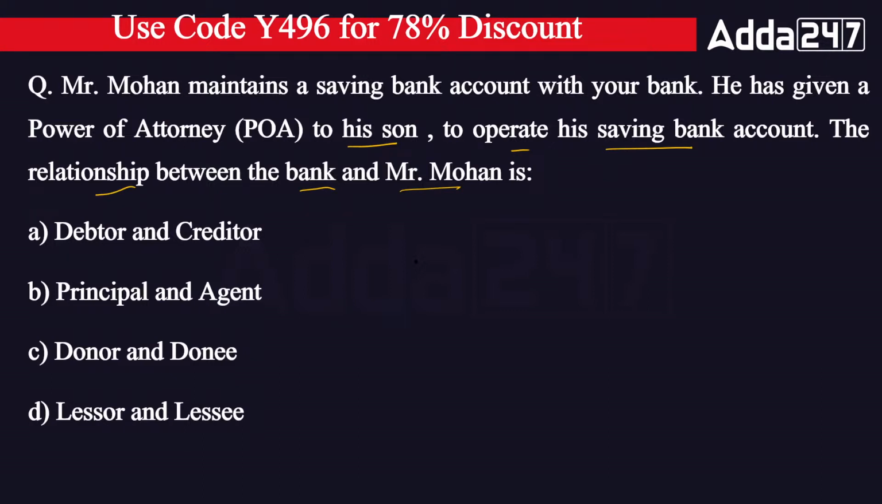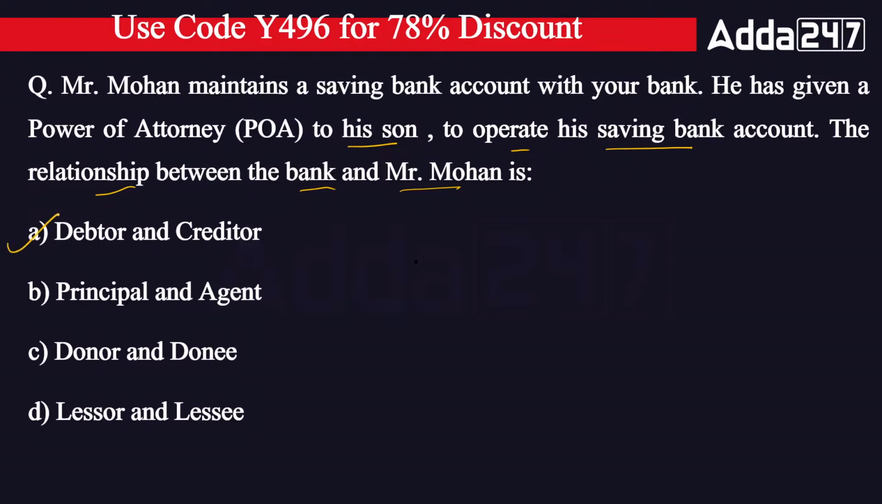Mr. Mohan maintains a savings bank account with the bank, and he has given the power of attorney to his son. Now his son is operating the particular account. The relationship between the bank and Mr. Mohan: Mr. Mohan is depositing the money in the savings account, so Mr. Mohan is a creditor and the bank will be a debtor. So the right answer will be your